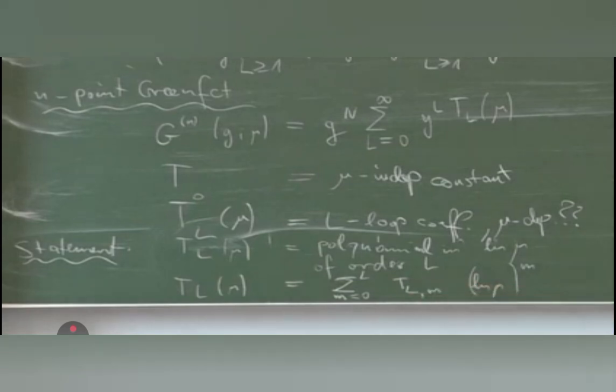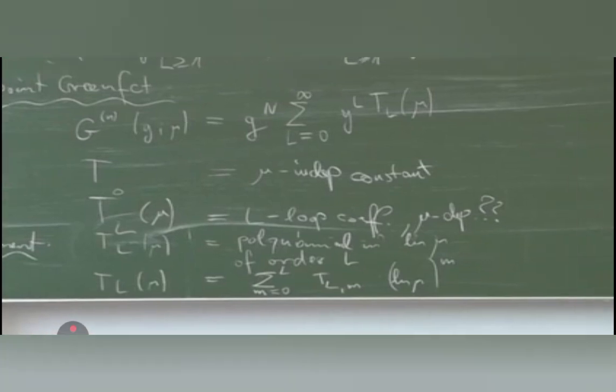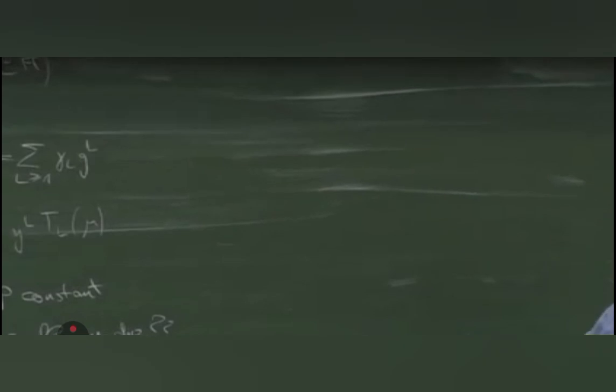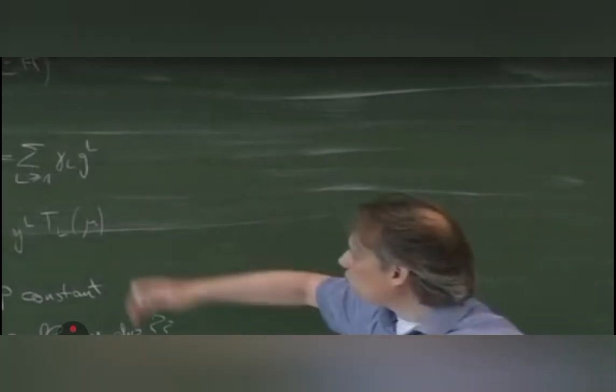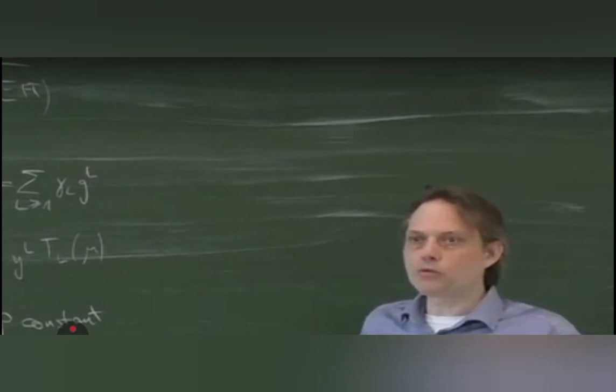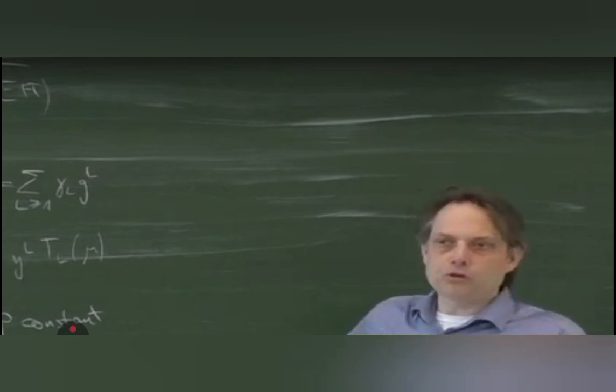But anyway, we can now establish this statement on the mu dependence. And it technically simply follows from the fact that the renormalization group equation establishes that relationship between different orders in perturbation theory. So we will get some iteration or recursion formula which gives us the next order in terms of the